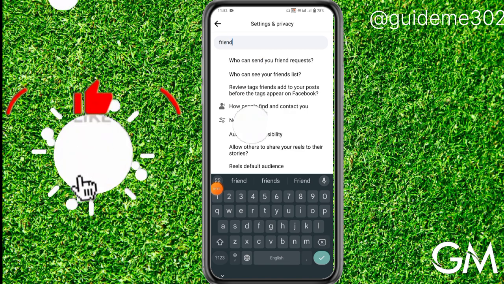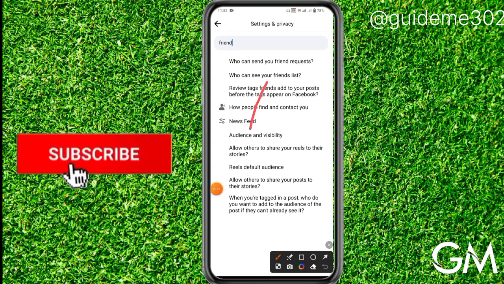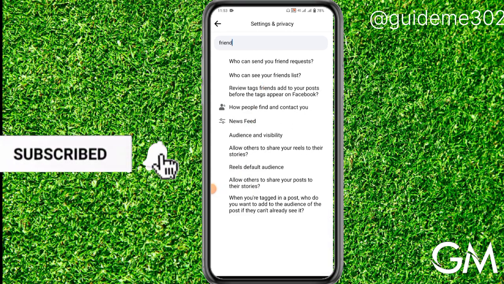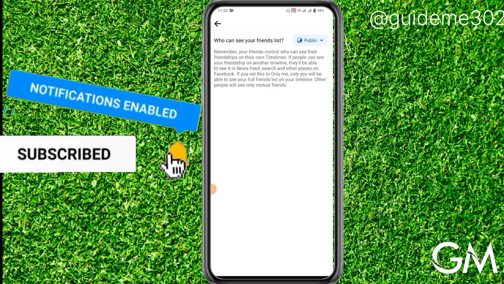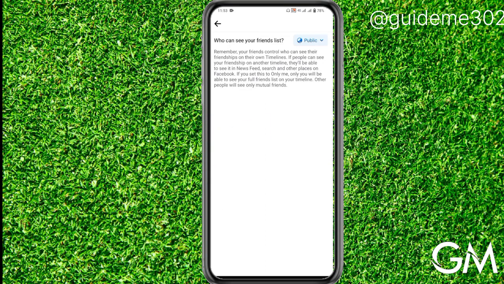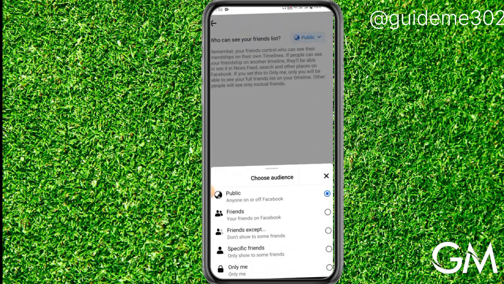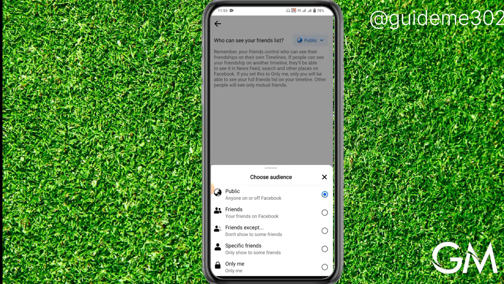So here you can see the option of who can see your friend list. Just open it up, and here you can see it's just public now. However, we can fix our privacy on this page. Just click on it, and here you can see multiple options about friends,